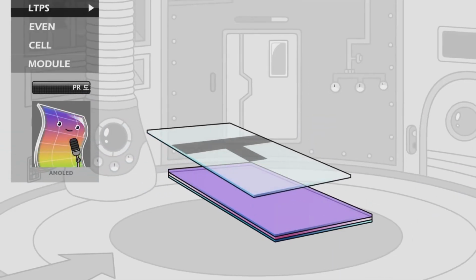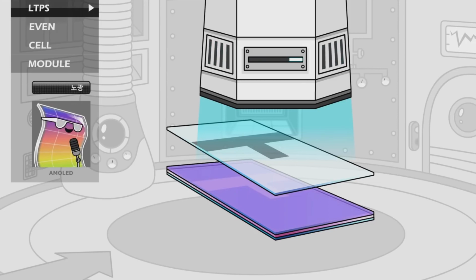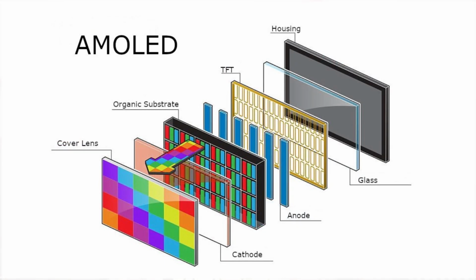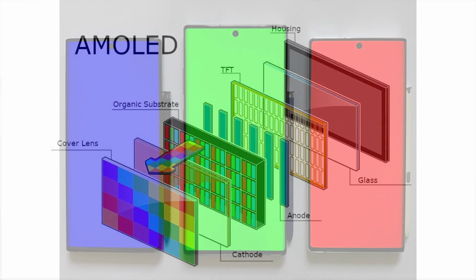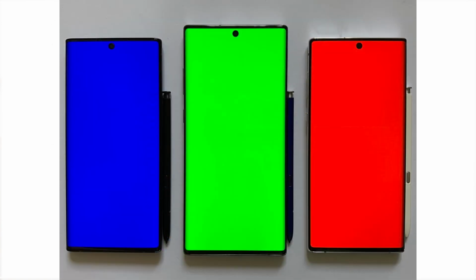AMOLED is an update of the OLED panel. This panel has a number of improvements that make it able to provide better visuals. AMOLED stands for Active Matrix Organic Light Emitting Diode. AMOLED is a technology developed by Samsung. Compared to OLED, you can enjoy various advantages of AMOLED such as longer lifespan, more resistance to extreme weather, and a higher level of brightness.